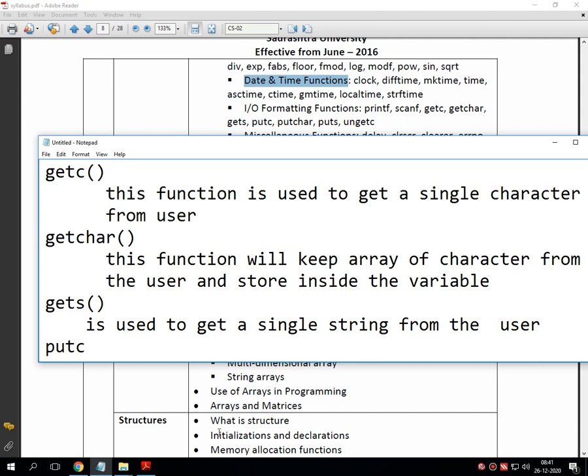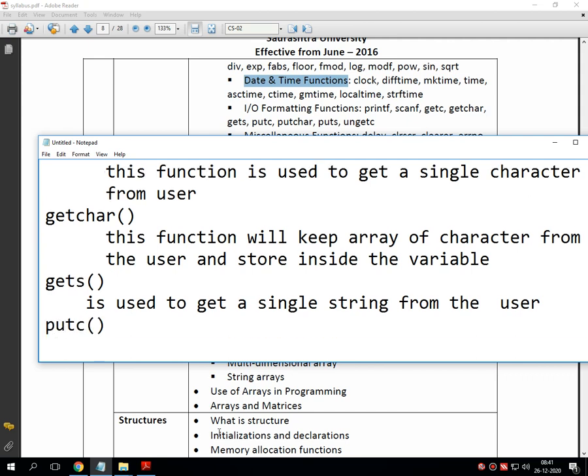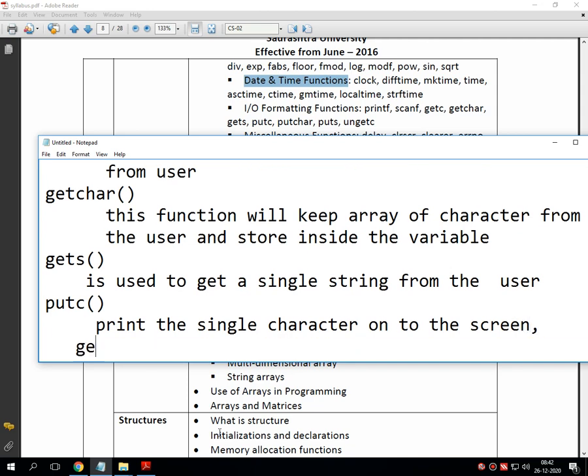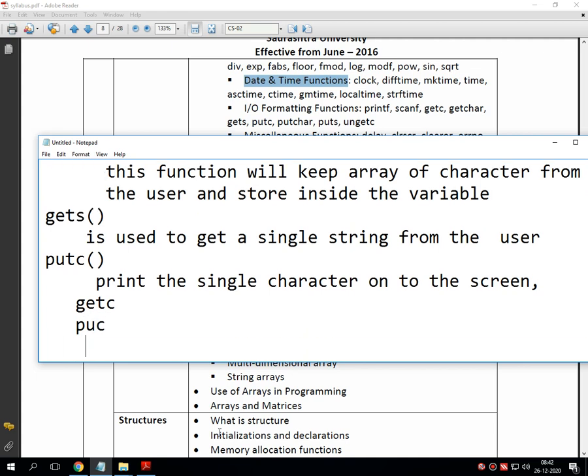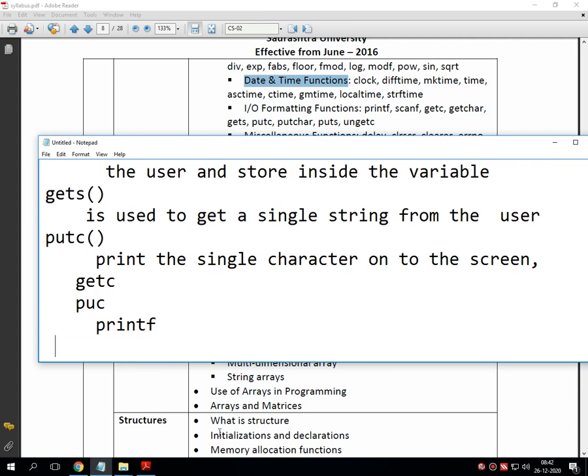Next is putc. putc is a printing statement. That means it will print the single character onto the screen. Generally, getc and putc return similar functionality like printf and scanf.